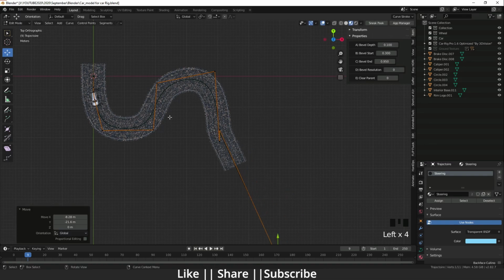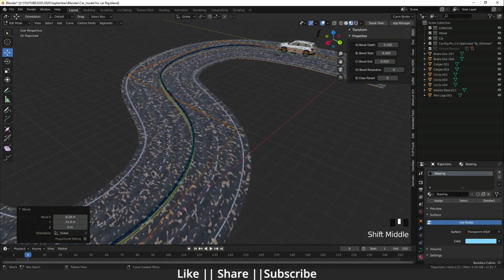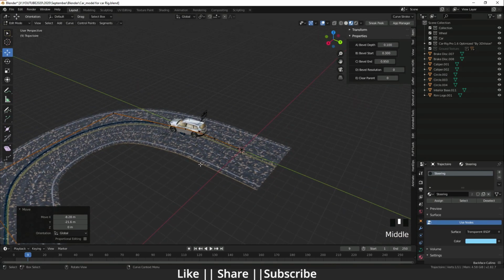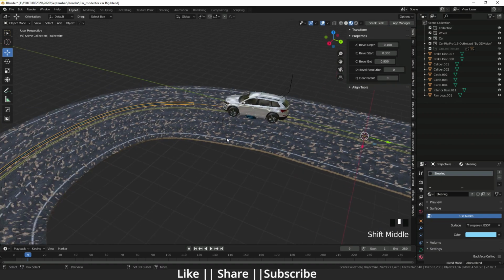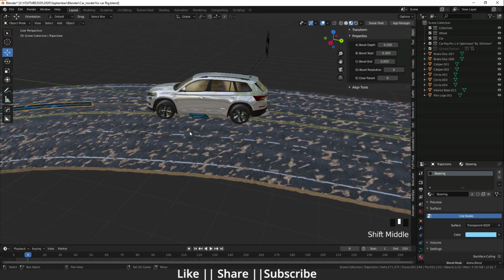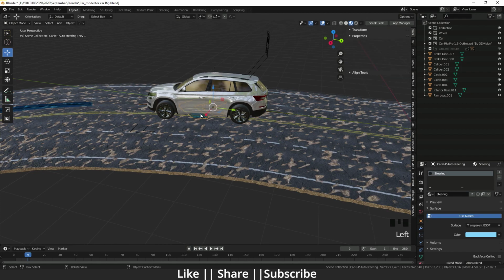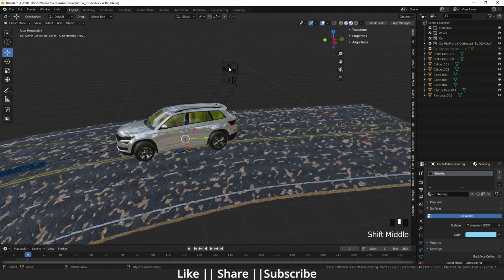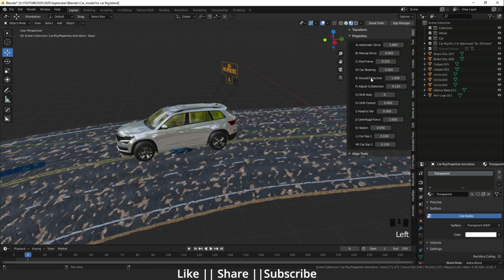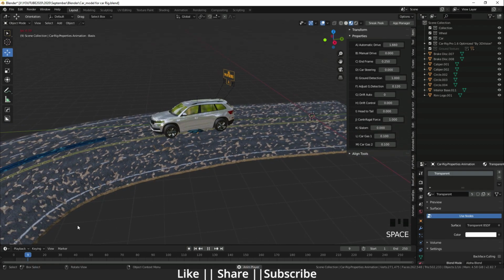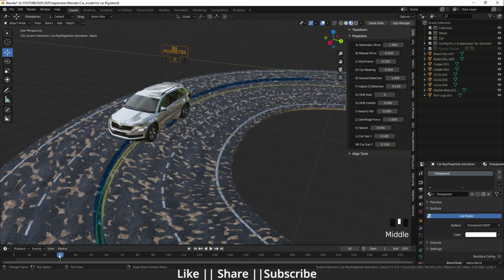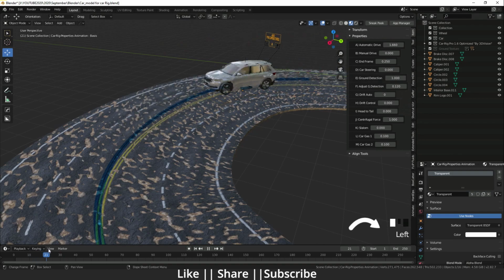Okay guys, so here you can see right now I have created a little path. Now I will show you a little animation, not a whole one. I'm just going to exit edit mode, and before starting the animation I want to tell you one more thing that is left, I think, and that is the car steering. How does it work basically, and what does it do exactly? When I click on the rig properties, you can see we have a car steering option. Right now if I play the animation, you can see that the car tire is not moving according to that turn. It should move, but it's not moving.